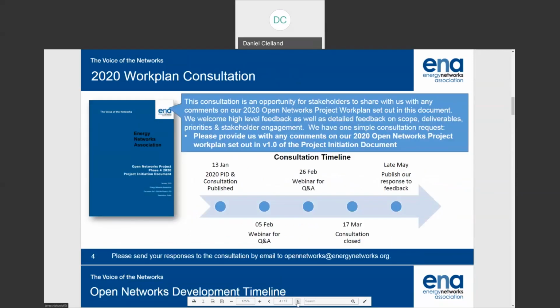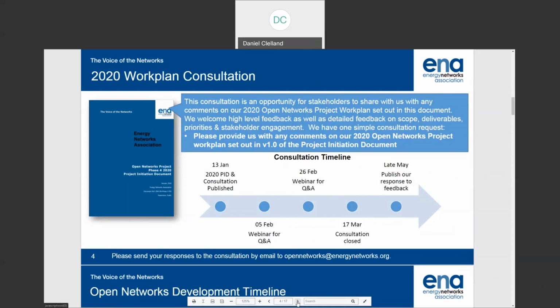In terms of what's going on right at the minute, and the reason for this webinar, we've put out a consultation on the work plan for 2020. This is something we've done each year of the project, to forward plan what we're planning to do during the year, put it out to consultation to get feedback from stakeholders to understand whether we're doing the things that are beneficial to yourselves as well.